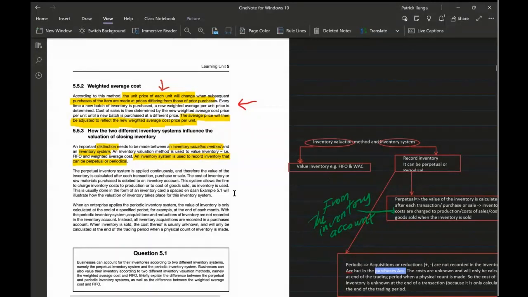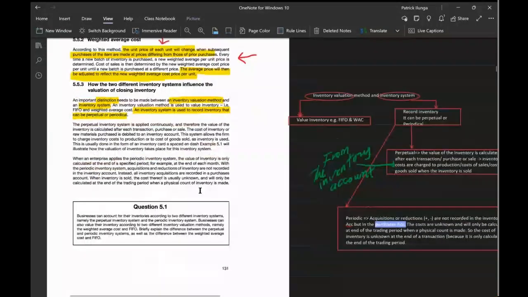It means that whatever we buy first, that's what we need to use first. That's what we need to sell first. Very easy. First in must be the first out. That's all. And weighted average cost is another inventory valuation. But what are the two inventory systems that we have? We have a perpetual inventory system where we know at all times what is coming in and what is going out. And we have also a periodic system,